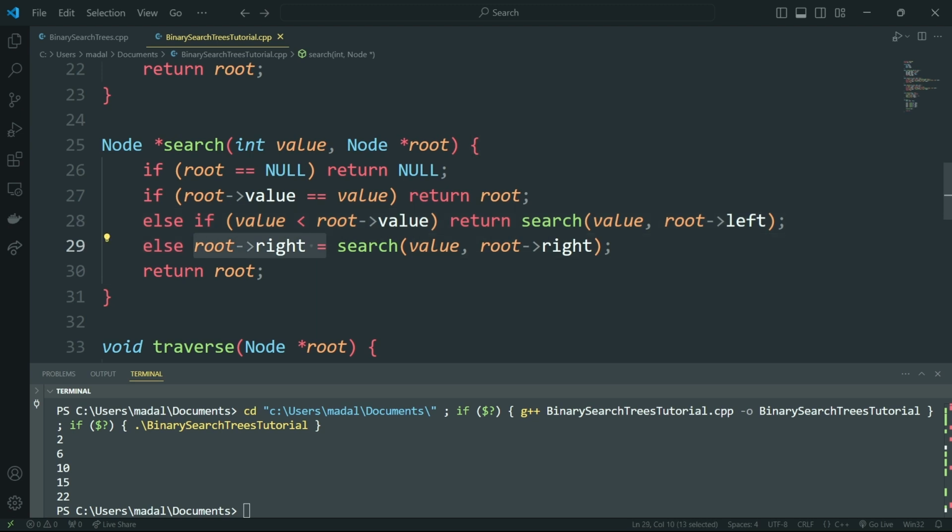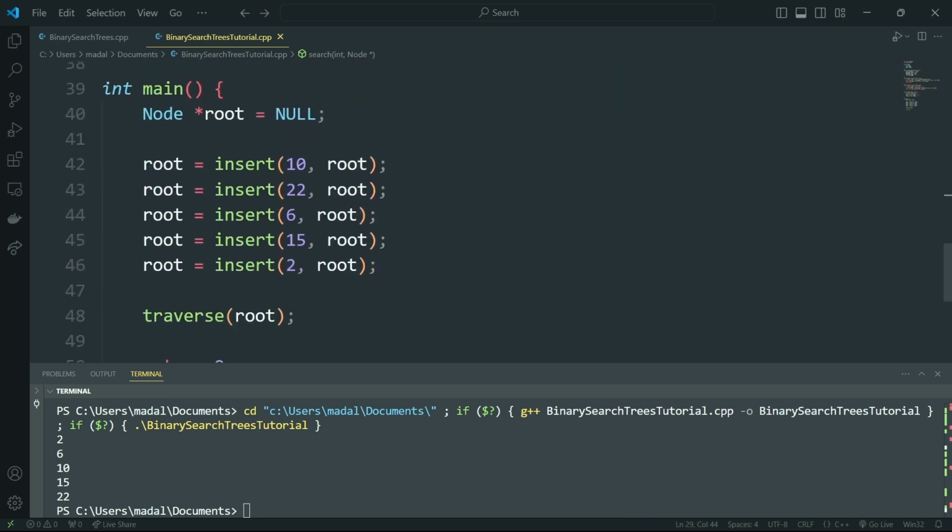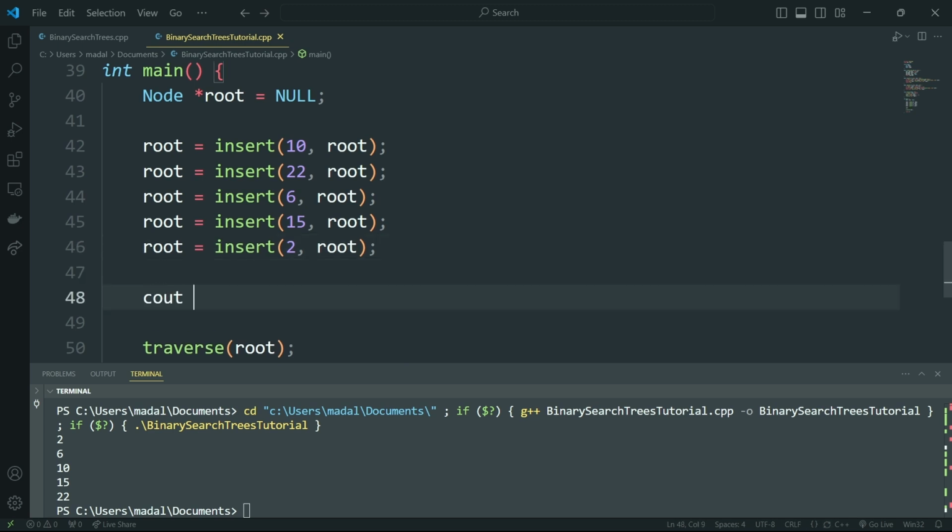And otherwise, that means that the value is going to be greater than the root. So then we're going to have to search at the right. Okay, so we're going to return here, this is a return statement like so, search to the right side. And this is essentially going to be our search function. Let's see if this works. I'm going to cout out here